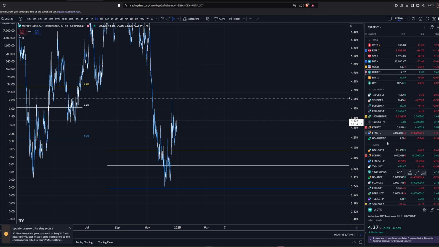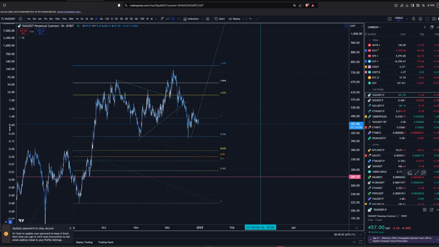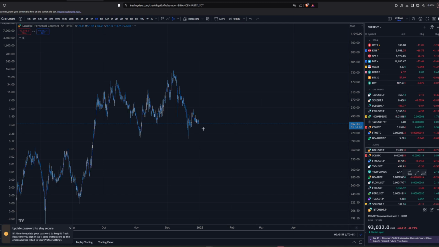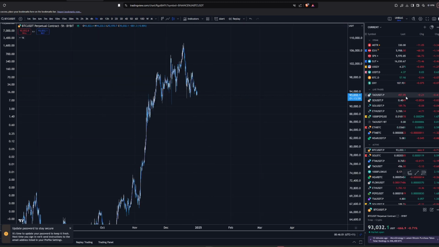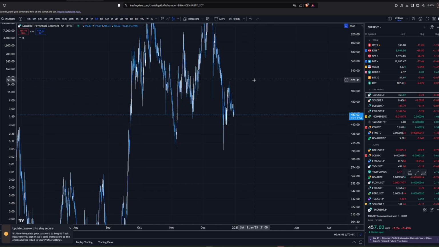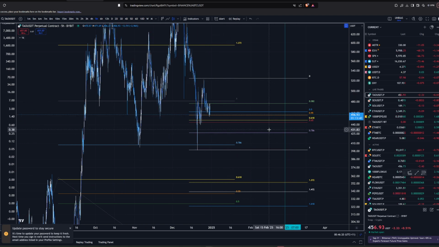With altcoins, let's say Tau for example, we can see that although Bitcoin is breaking its lows currently, or in the process of breaking the lows, some altcoins are still maintaining above, let's see, apologies for these ugly lines, above the 0.618 of the range that has been created, which is a really good